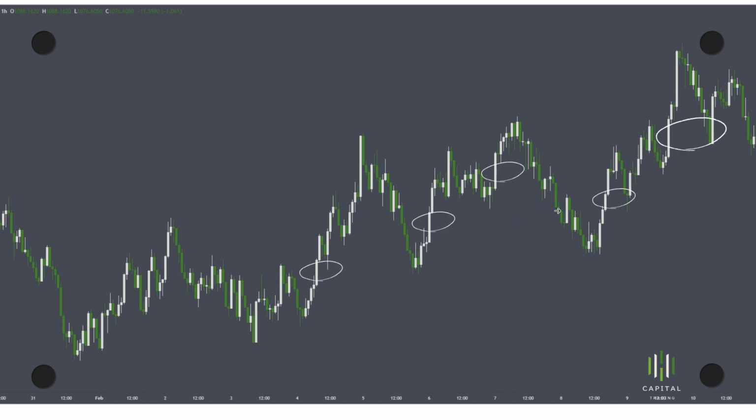What price tends to do is use these levels, the fair value gaps, to find support levels and go to the upside, or price will come back to this level to fill it up and continue on the downside and find support on a much lower level or point of